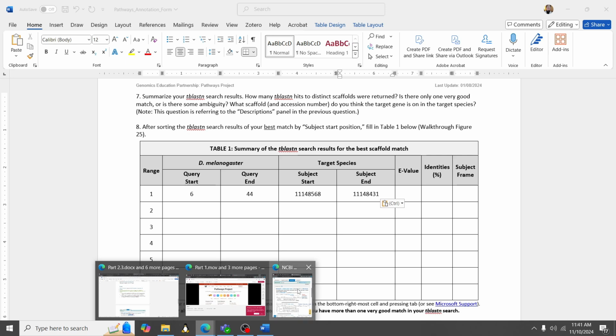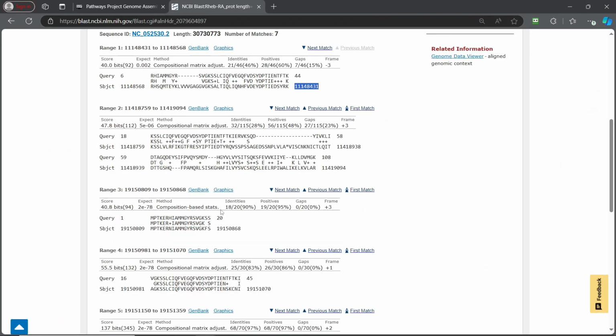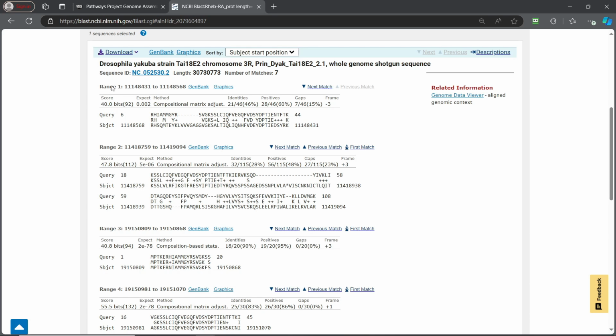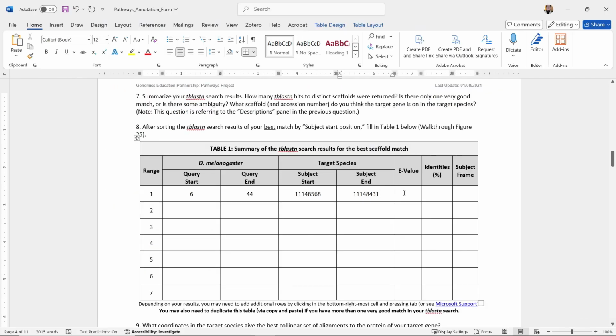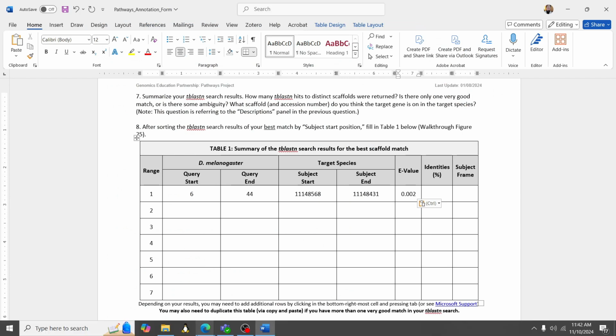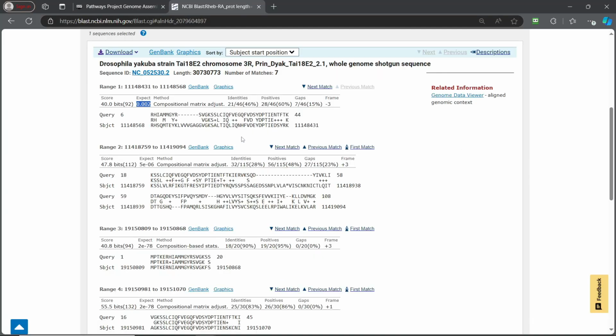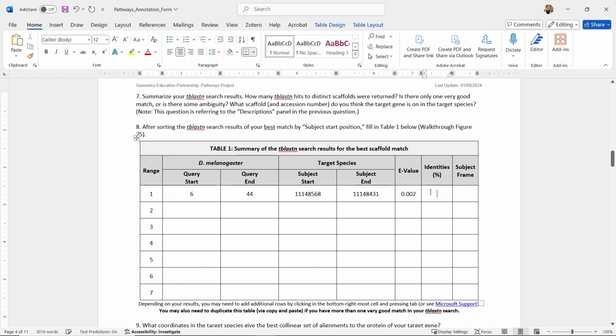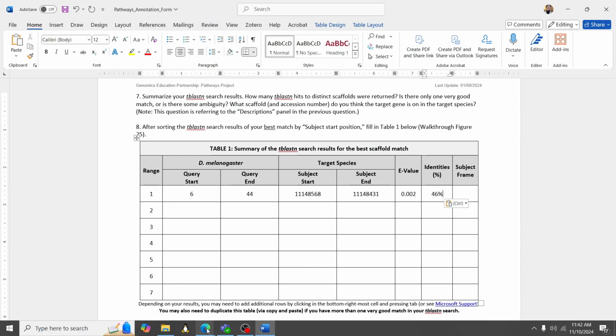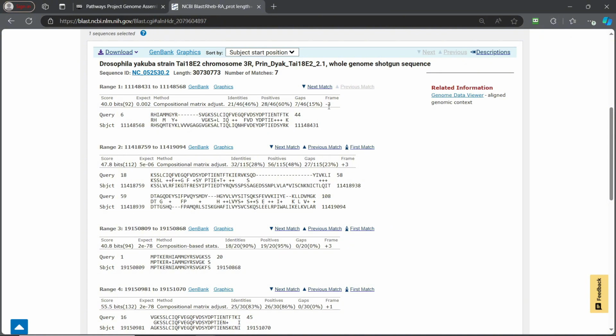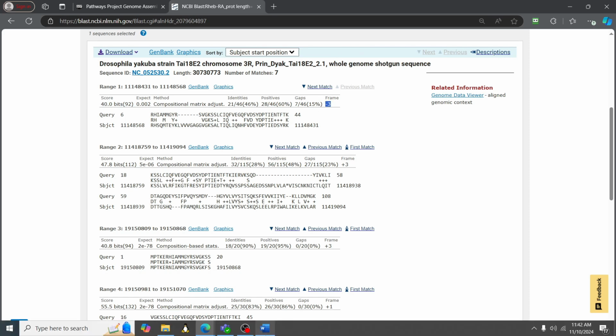I can go back to our NCBI BLAST just to show you many different ways we can do this. So we have an E value, right? We have our particular matches and our hits. Our expected value is 0.02. That's really not that great, but it is giving us some information, isn't it? I'm also going to pull our percent identity, which is 46%. And then last but not least, we want the subject frame. The subject frame in this case is indicated on here as -3. Notice that it'll tell you frame right here as well.